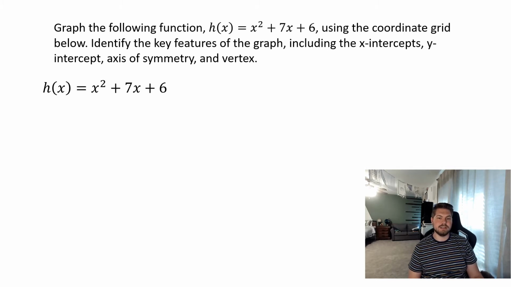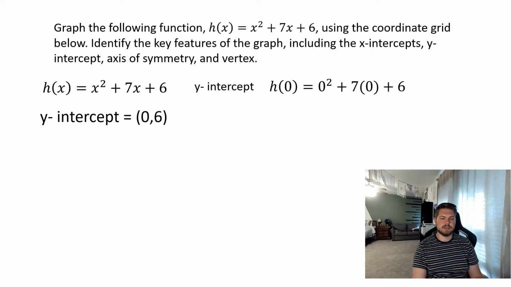I can definitely tell what the y-intercept is because, again, our y-intercept is when x is 0. So if x was 0, then our y-intercept would just be (0, 6), because these would become 0, and then you're left with 6. All right,